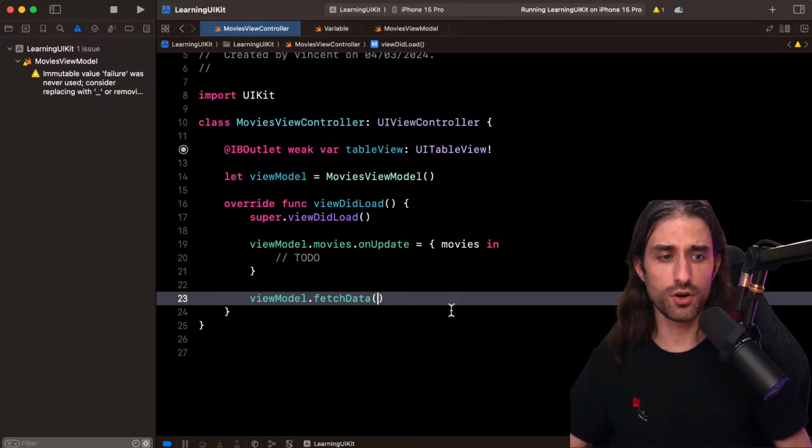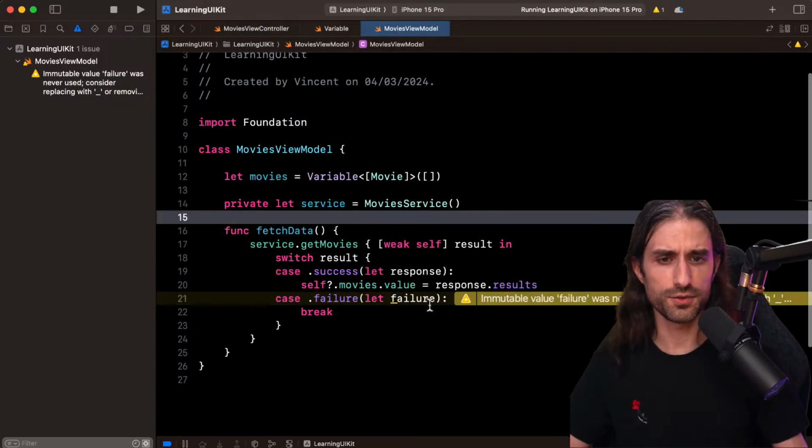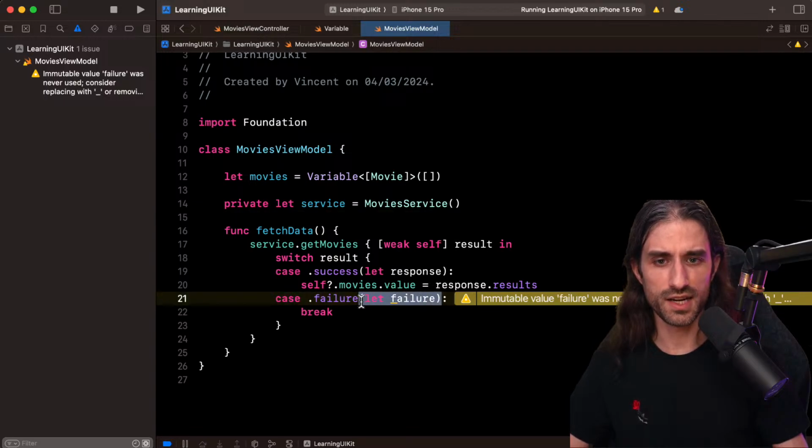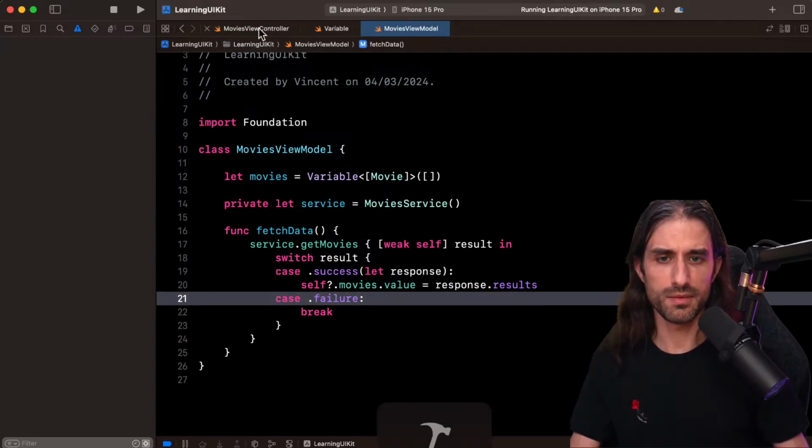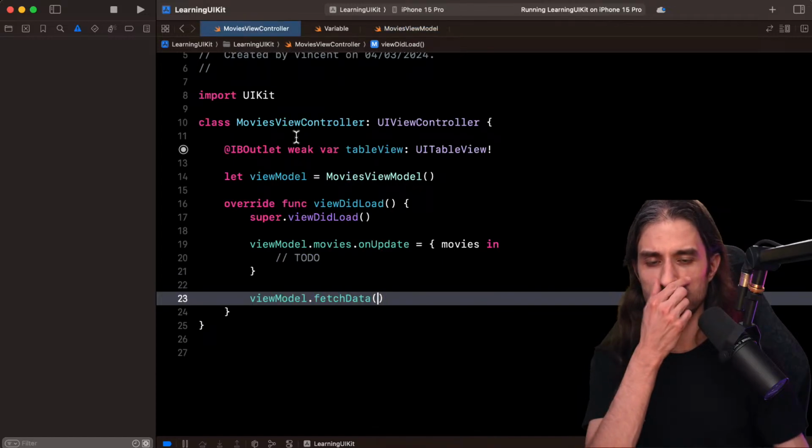But if you have a more complex UI, as we will see for the next screen we're going to implement, then I would recommend that you create indeed a movies view. It would be better. That's a great remark. And here I can get rid of the failure variable binding because I'm not using it.